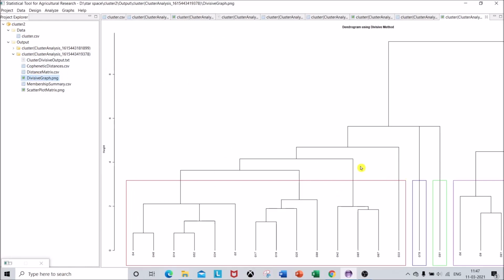So what is the use of doing one or two cluster methods? Because these cluster methods differ in their algorithms. So while writing a research paper, you can compare these cluster diagrams and write your paper. This will give more value to your research paper. So that's all about cluster analysis for now.